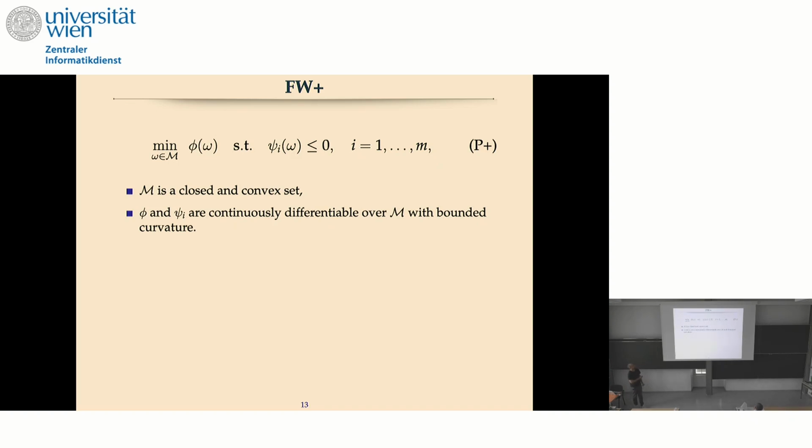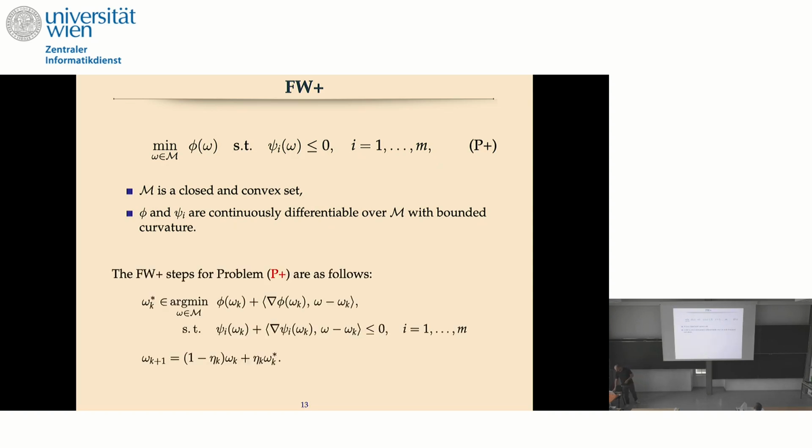And here, again, we assume M is a closed and convex set, and phi and psi are continuously differentiable functions. And we defined the extended Frank-Wolfe in this way. We do not only linearize the objective, but we also linearize the constraint functions. And again, we take a convex combination step. And the analysis was